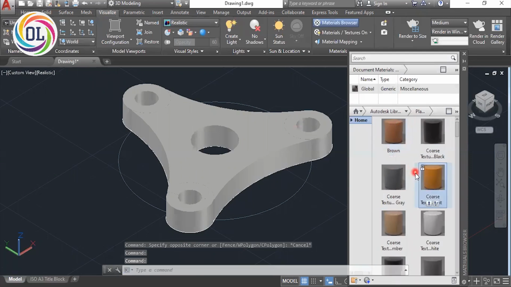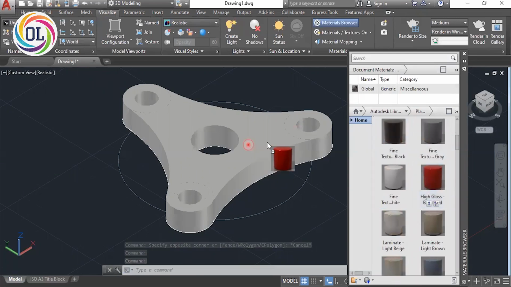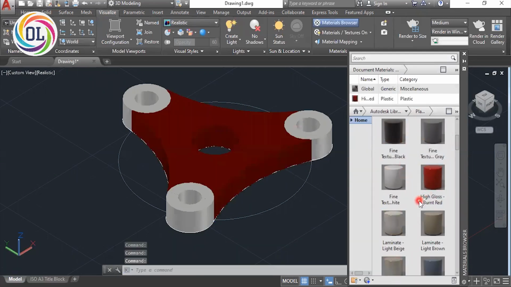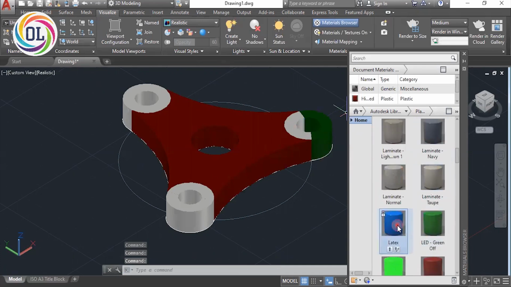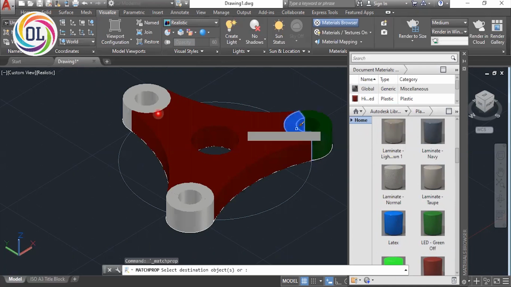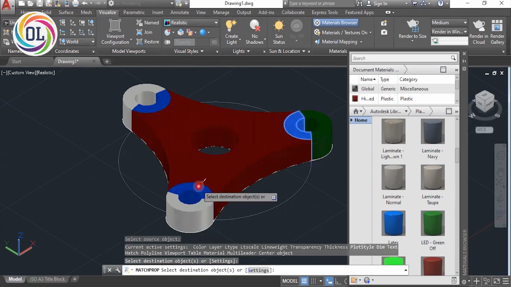I use the material browser for selecting the material of my element. We can also use the match property tool for our basic tools like this.